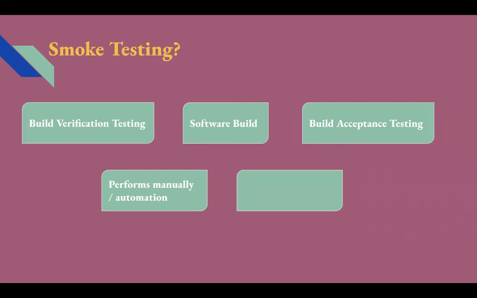So it is performed universally on every new build, or we can say every time new code is given to testers for testing. If any of the smoke tests fail, then the build is rejected by the QA team and assigned back to the development team for a fix. By this, we can save a lot of time and find the bugs at an earlier stage without much effort.